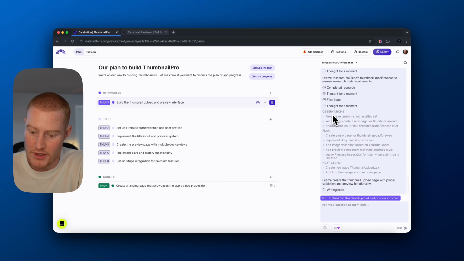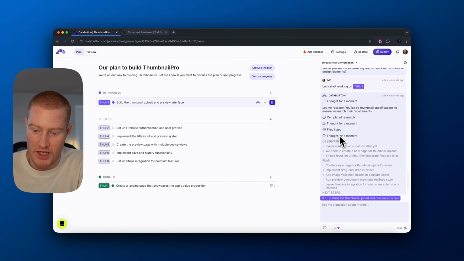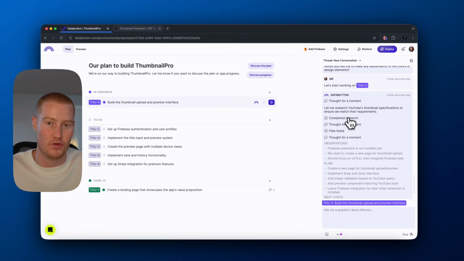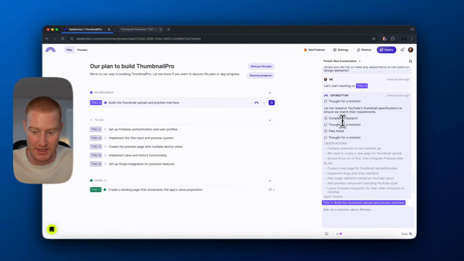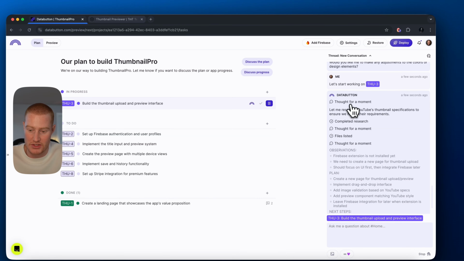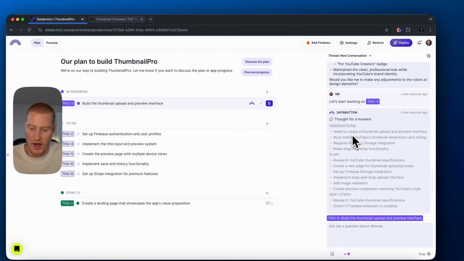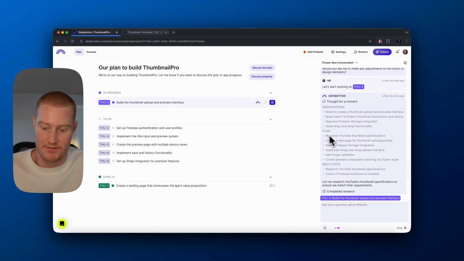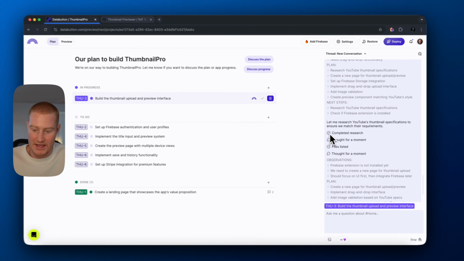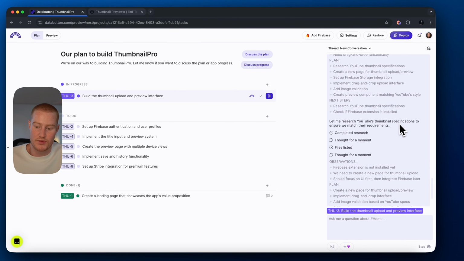Okay, so if we come over to the chat, I know I'm not focusing too much on exactly how it's reasoning, but this goes a little bit over my head and other people's heads because all we're seeing is the output of what it's creating, but we don't see what's going on in the back end, and that is where things actually get interesting. So you could see it researched, basically it thought about what I said. So let's work on this new task. It made some observations, it made a plan, it made a next step,